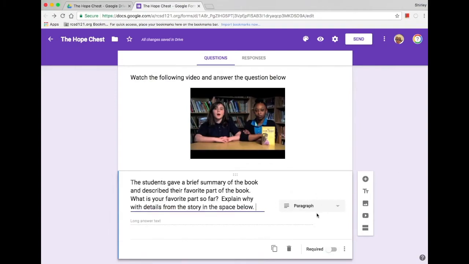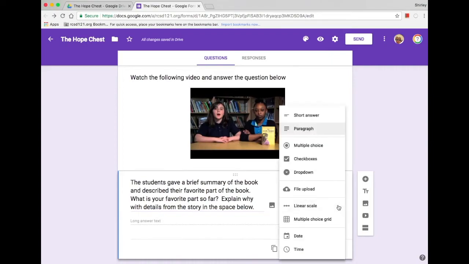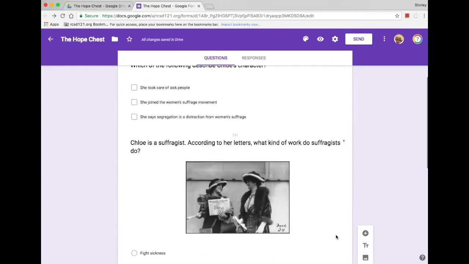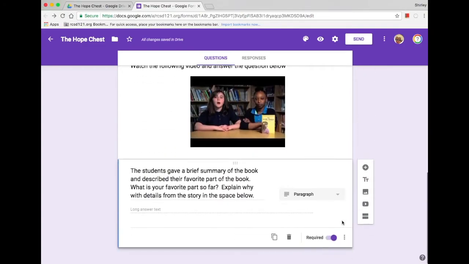Interesting. Automatically, it gave me paragraph. So that's because they're going to be typing in a lot of information there. We want to have a paragraph. Click required. Now, something useful when you're creating a form is to preview it and see what the form will